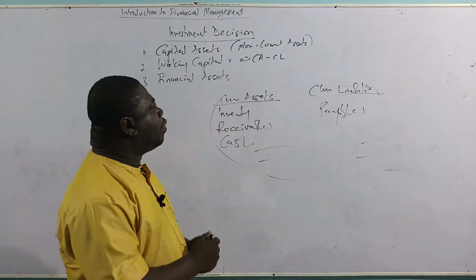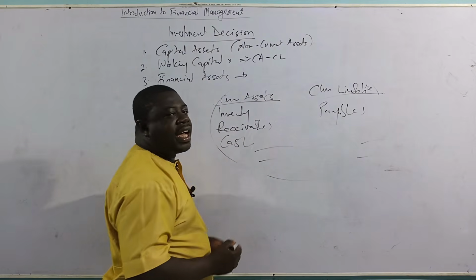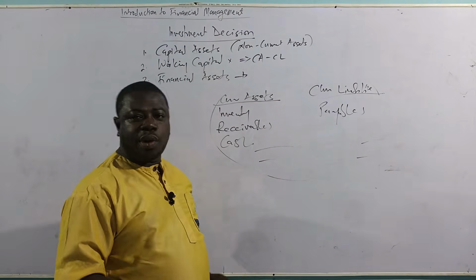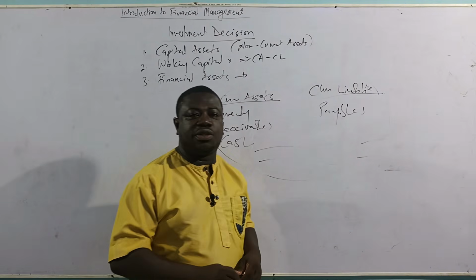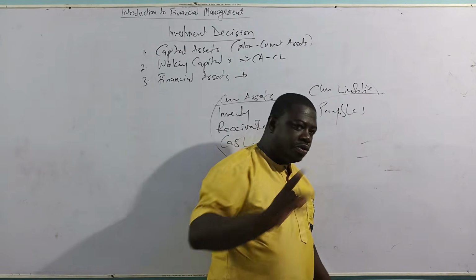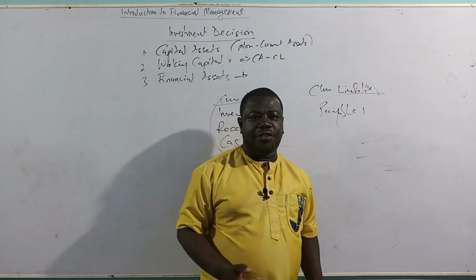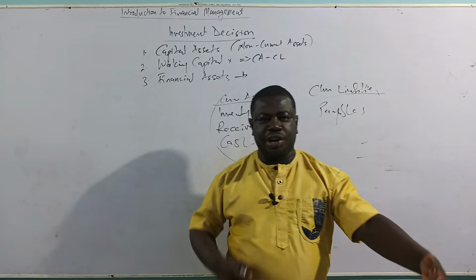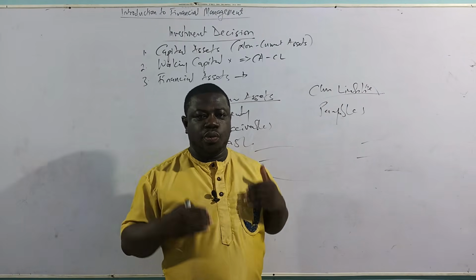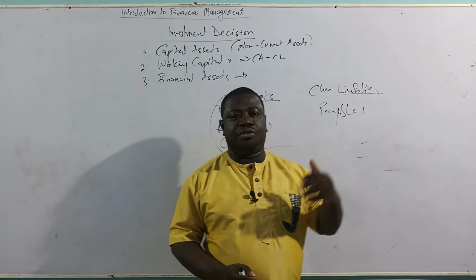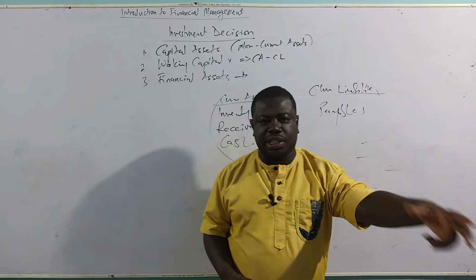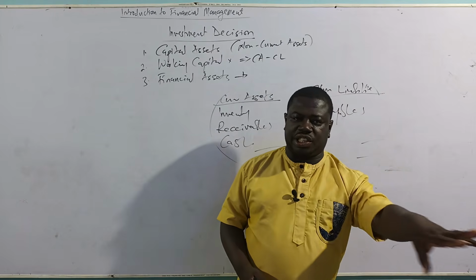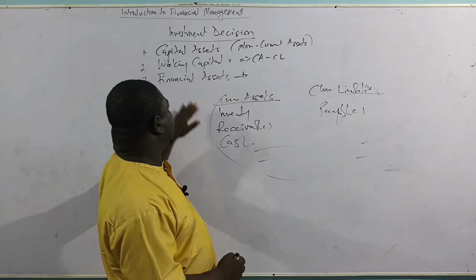And then when we talk about financial assets, they are investments in any other asset that is not a capital asset or working capital. In other words, a financial asset is when you put money in a financial instrument. When I say financial instrument, you invest in shares, you buy bonds, government bonds, treasury bills. Many of us, when we have idle funds, want to put them into a treasury bill, or we buy some shares in another company that will give us a return. When you put money into those kinds of financial instruments, we say you have invested in a financial asset.